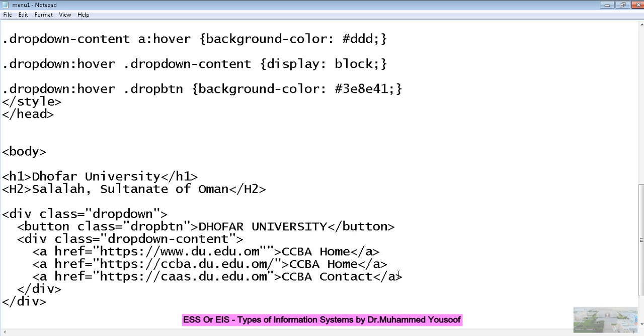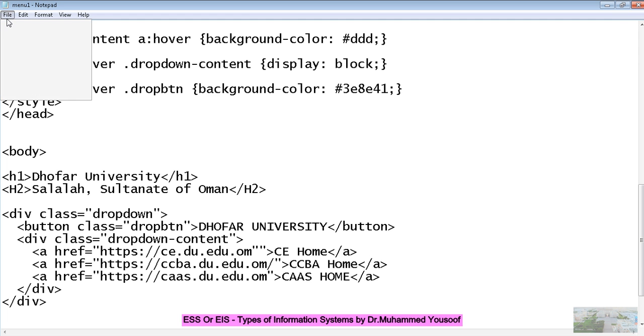In the menu I want all this information. I will have in the menu 3 items like CCBA home, CAS home, CAAS home. And maybe I will have the other one like CE. For example, I am just trying to put it. I do not know whether this web page exists. CE, I am just giving the name CE home, and now I have all these things done.